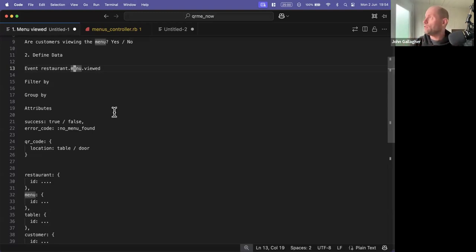But let's just say that a menu, if they scan that code, they're outside the building. The customer is outside the building, and it's like a speculative booking, isn't it? It's like, here's the menu. I want to see if there's anything that I like on this menu, and then I can book. If they're inside, they're in a different mindset. So they've not really just viewed a menu. They have, but it's a different